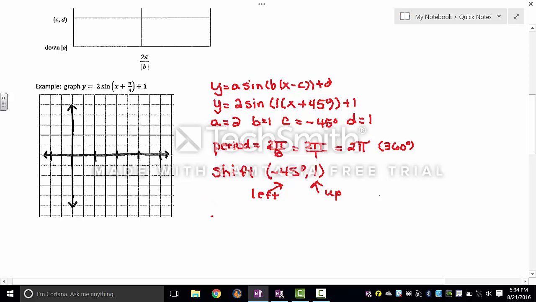And then we need to see where this one cycle will end. So the ending of our one cycle, we take our shift coordinate, our starting point, negative 45 degrees, and we add the value of the period to it to see how far we must go before that one sine cycle ends. So the period is 360, so negative 45 plus